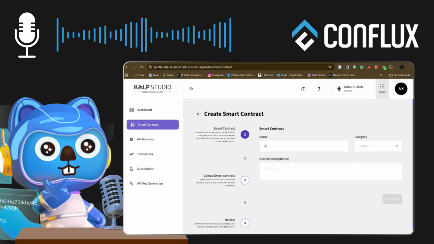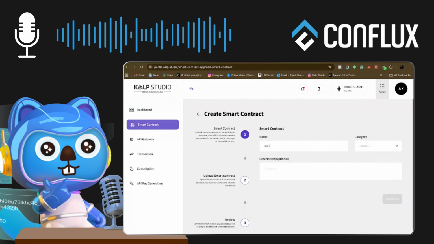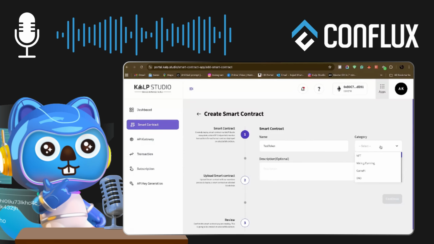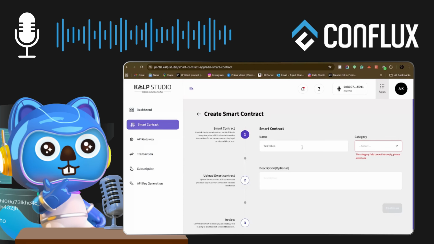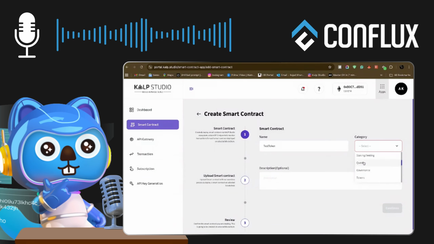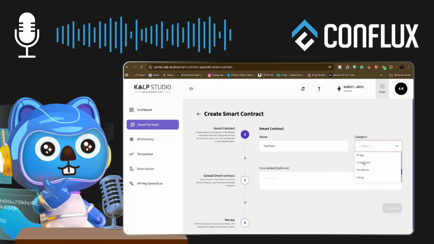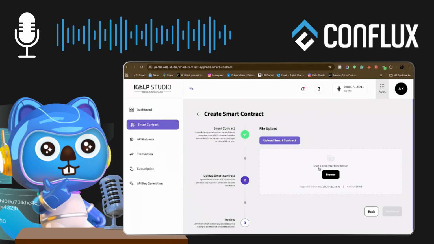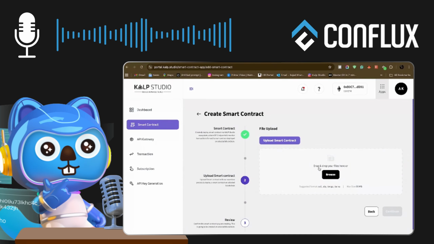Let's say test. I just want to show you the idea of how you can easily toggle and deploy things, right? So let's name the smart contract, and depending on the use case that we have, we can easily deploy the smart contract. Whatever your project depends on, on the basis of that, you can select the categories. Description is all up to you. And once you have filled up the details,